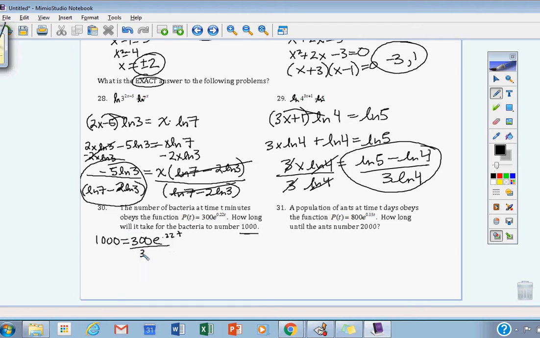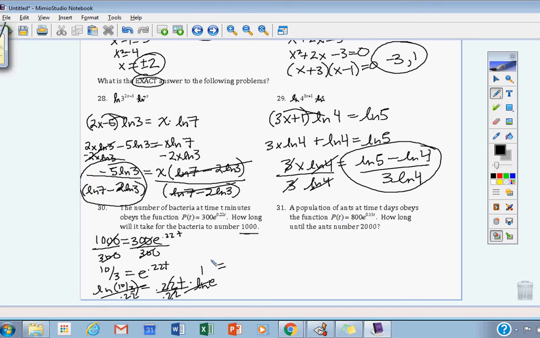Okay, well this is where all of our solving is going to be applied. We got to get the 10/3 on one side first, and then on this side we have e to the 0.22t. So what we do here is we take the natural log of 10/3 equal to, just like the last problem we were working on, 0.22t times the natural log of e. Well, the natural log of e is just 1, so I'm running out of space here. I wonder if I can write here. No, I can't. Divide by 0.22 over here, divide by 0.22,